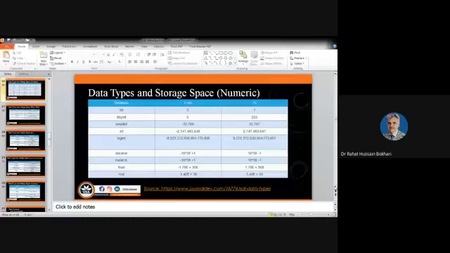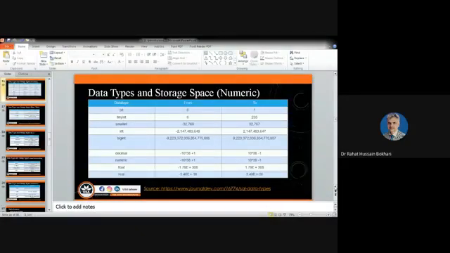If you have studied C or C++, one of the variables you define as a character. That is also a data type available there. If that is used in numeric form, you can accommodate 0 to 255, integer values, and it occupies, let's suppose, 1 byte. So similarly, these are the limits given.